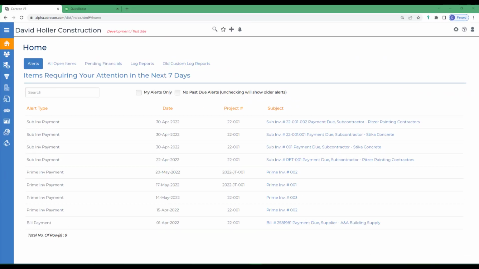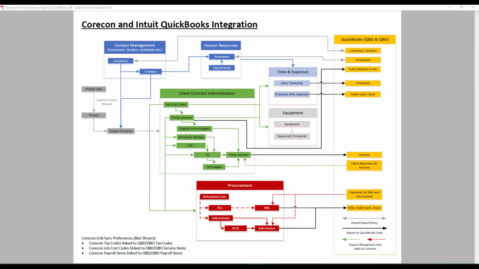To understand what information and how that information is moved between Corecon and QuickBooks Online, let's take a look at this business process diagram. Basic company information can be exported to or imported from QuickBooks Online. Additionally, the CoreconLink will allow information optionally to be updated between the information held in QuickBooks Online and the information